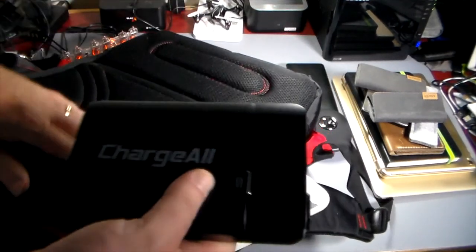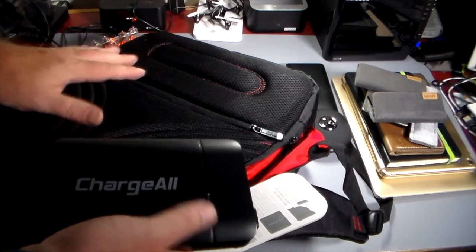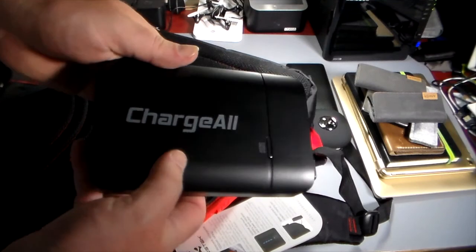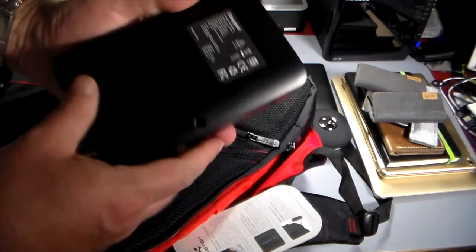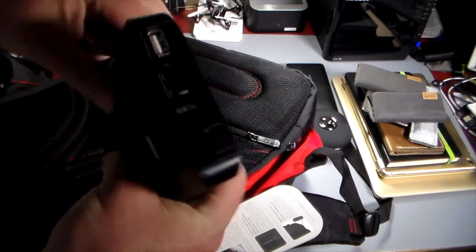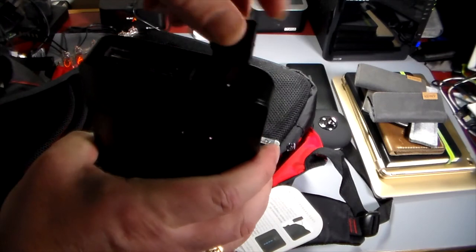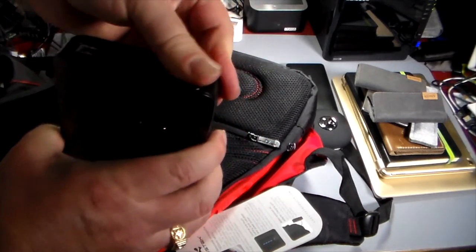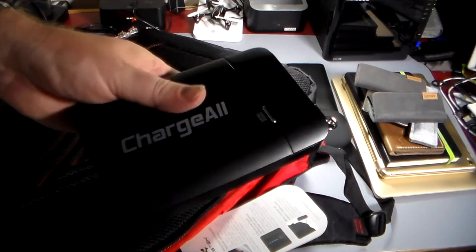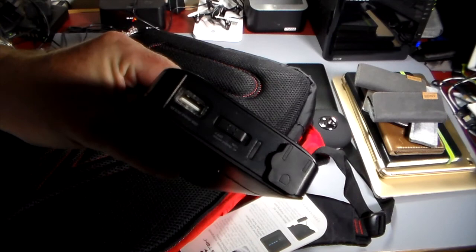So yes, this is a battery charging backpack, but say you've got a laptop, say I've got my MacBook, this little charger from Charge Tech actually has an AC outlet. Look at that, a portable wall outlet. So this is going to charge your laptop, and it doesn't have to be a MacBook. Whatever laptop you go with, a Surface Pro, an Asus, a Dell, whatever. This in your backpack is going to allow you to charge your devices like they were plugged in at home